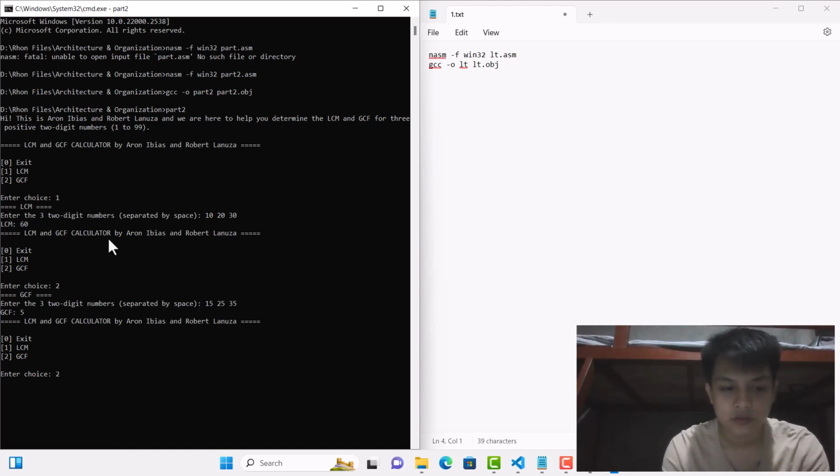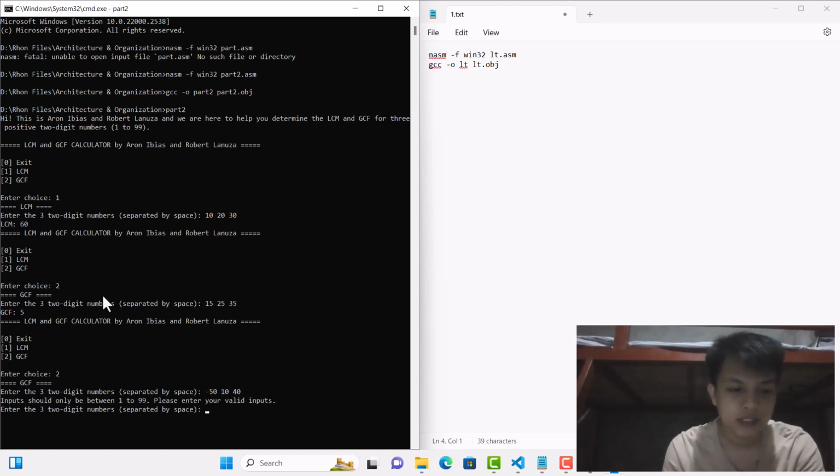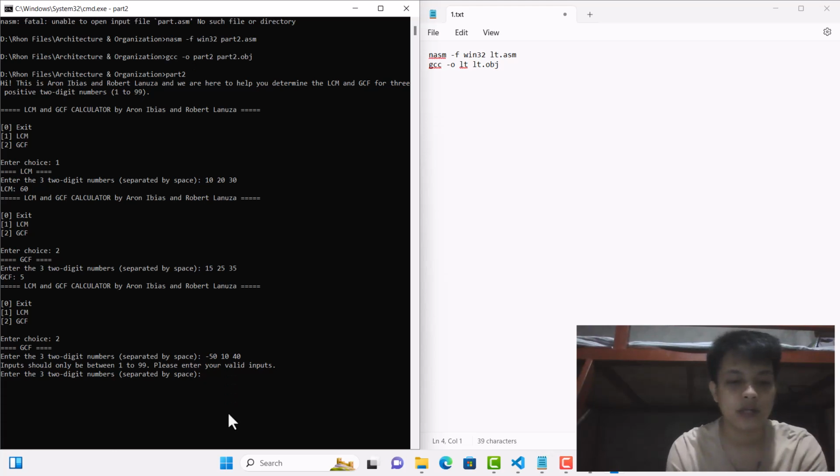Let's go negative 50, then positive 10, and 40. So let's see. Oh, there is an error message which says inputs should only be between 1 to 99. Please enter valid inputs. So as you can see, it is correct.